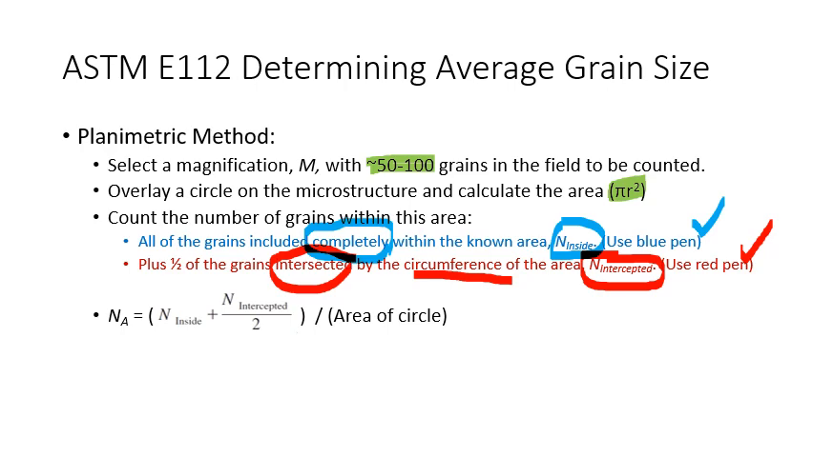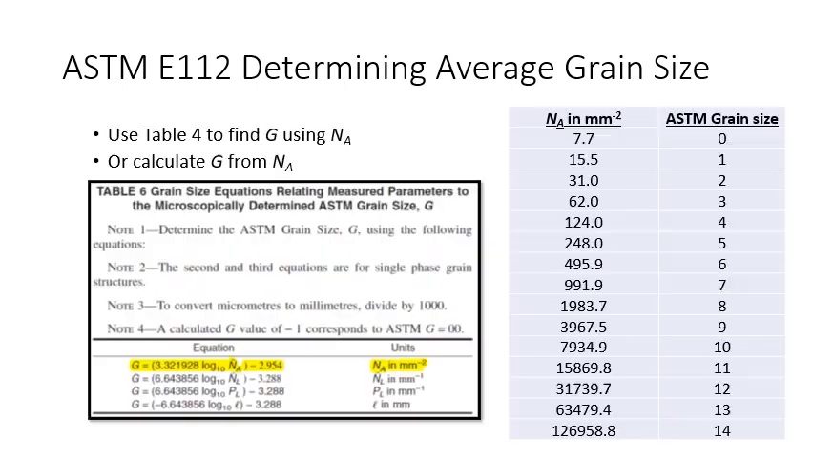And then this number per area, NA, will be calculated using the number inside plus half of the number of grains intercepted, so N intercepted over 2, divided by the area of the circle. Now once you have your NA value, then you can find G using table 4